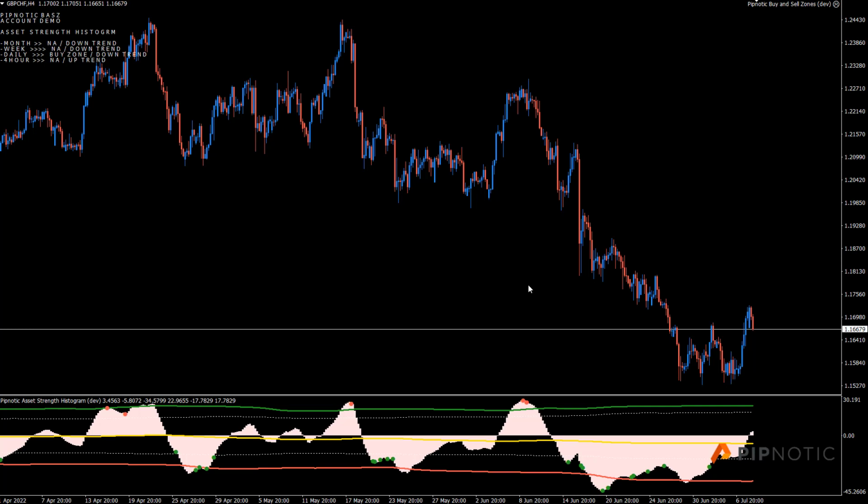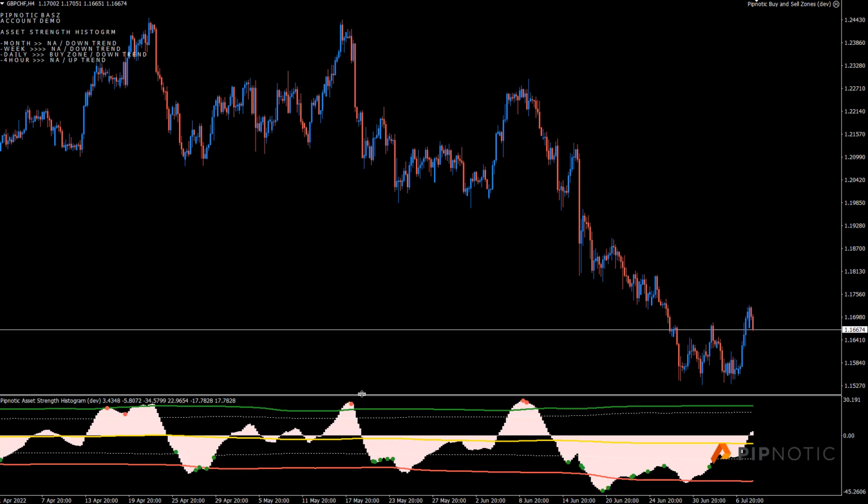Number one, you will notice that the dashboard looks very different. This is a result of a lot of the changes that have taken place in the code, one of which is the merging of the supply and demand software and the asset strength histogram into one piece of software. So now we have this piece of software running as the buy and the sell zone algo trader. And the cool thing about this is that we have a dashboard here, and now we actually have very useful information. We can see what zone we are in